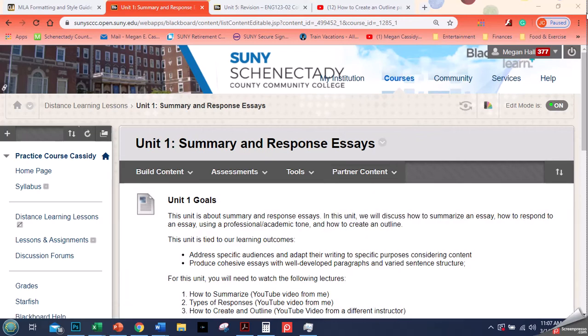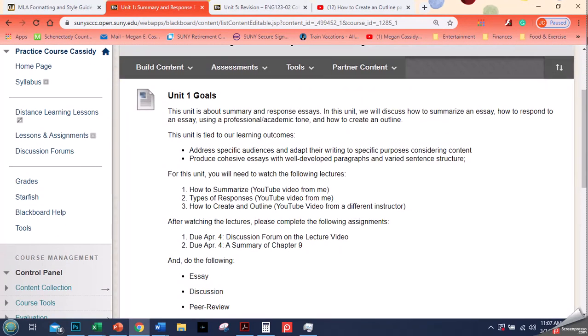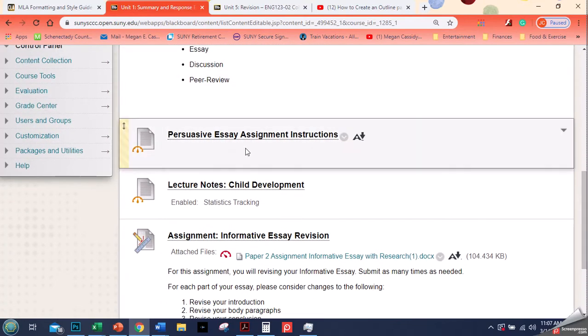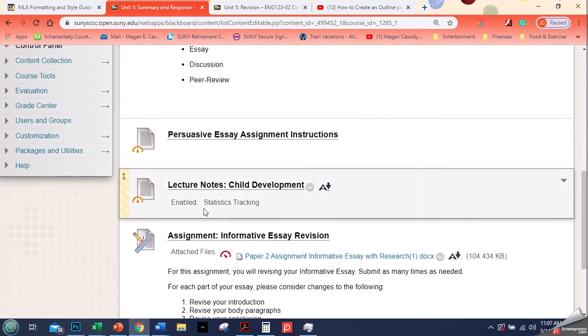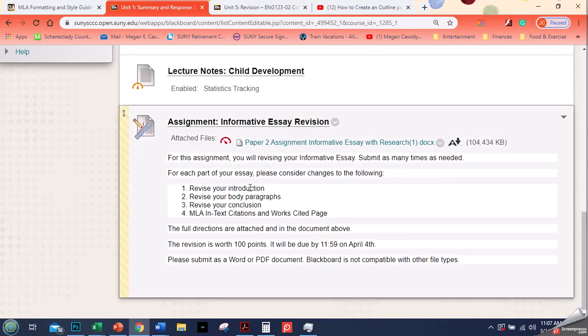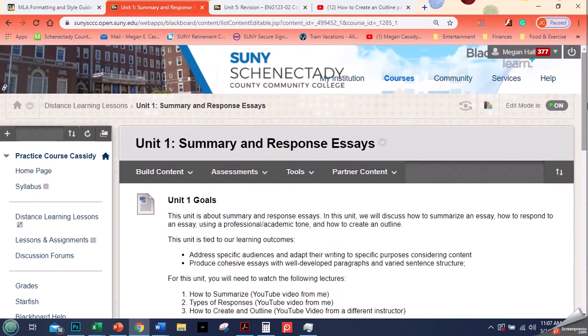Hi everyone. So in the last videos, I went through how to add an item, which is this right here that everybody can see, how to add a file like this one, how to add a file with statistics tracking so you can see how many students have looked at it, and then how to create an assignment, which is right here. In this video, we're going to talk about the other type of homework you might assign, which is